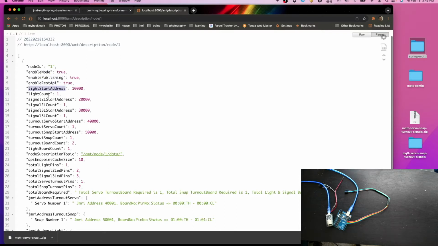Light address starts from 10,000, I need only 1 light. 2 LED signal starts from 20,000, I need only 1 count. 3 LED signal starts from 30,000, I need only 1 count. Servo turnout starts from 40,000, 1 servo turnout is configured. Snap turnout address starts with 50,000, I need only 1. 2 turnout ports, 1 light board, and the node topic which we are subscribing from ESP is this topic, which is